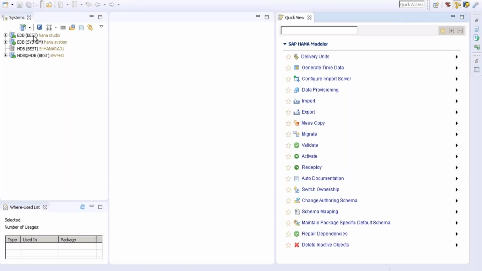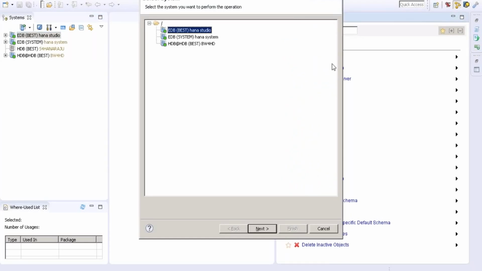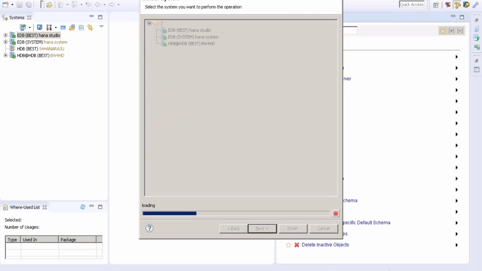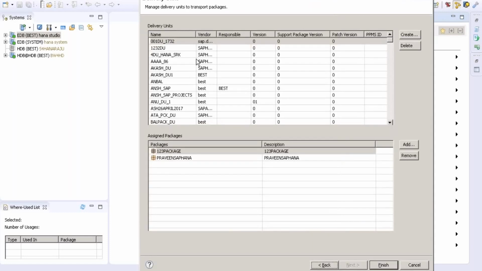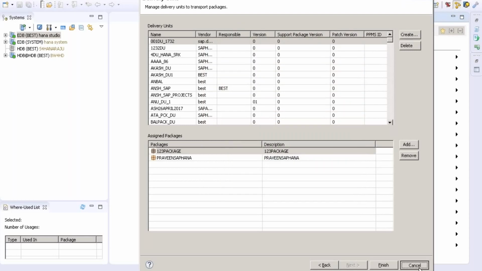So here, until now what I've done is I created a delivery unit. We just created one delivery unit. How to create a delivery unit? Click on delivery unit. Select the system. Click next. So once you click next, here we can see delivery unit. So all these are different delivery units. So in order to create, you just need to click create, give the name, click OK and click finish. So once this is done,